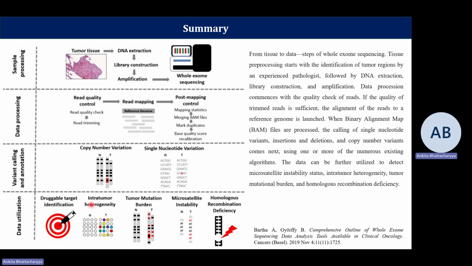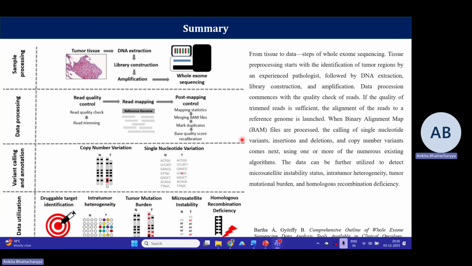You can look at intra-tumor heterogeneity, meaning there are changes within the same patient's tumor which can lead to more severe disease. Tumor mutation burden or TMB, microsatellite instability, and homologous recombination deficiency can all be used